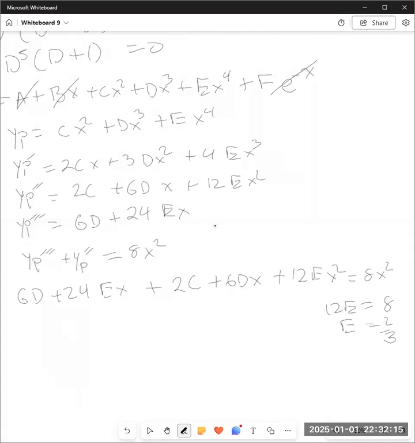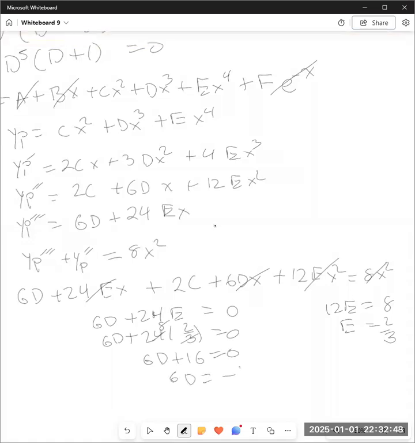With that being the case, I can move back and look at my x terms here, that 6d plus 24e needs to be 0 here, and e is 2/3, so 6d plus 24 times 2/3 equals 0. 3 goes into 24 8 times, so 6d plus 16 equals 0, and 6d equals negative 16, and d is equal to negative 8/3. Okay, and then